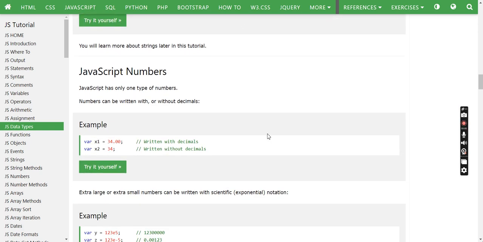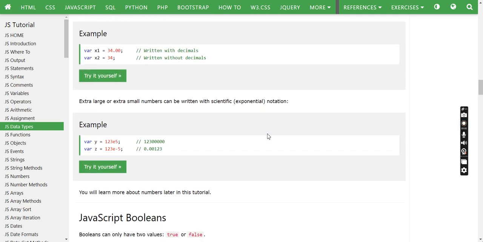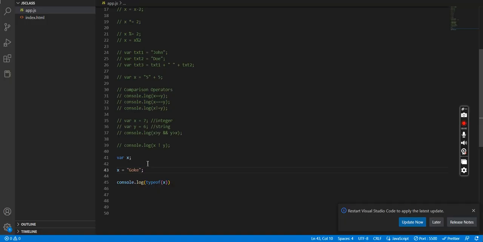Now, JavaScript numbers. Numbers can be written with or without decimals. You can have 2.00, 3.0, or you can have just plain 3. It doesn't really matter. Extra large or extra small numbers can be written with exponential notation. Yeah, you can use your e raised to the power 5. If I have x now, I say x is equal to 2e